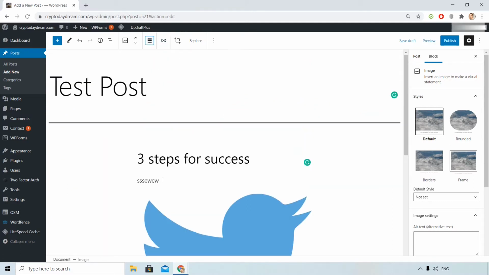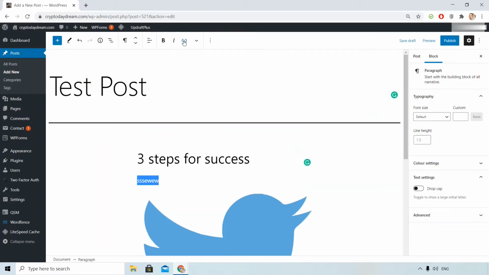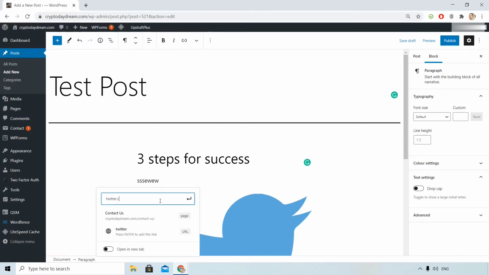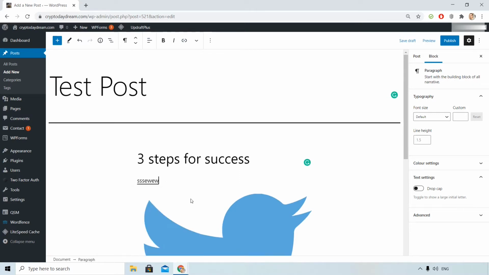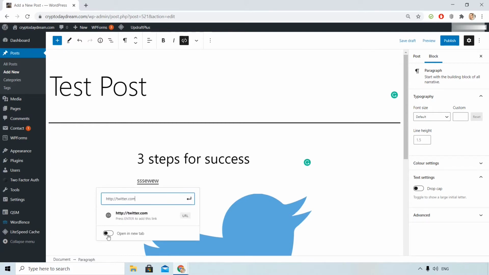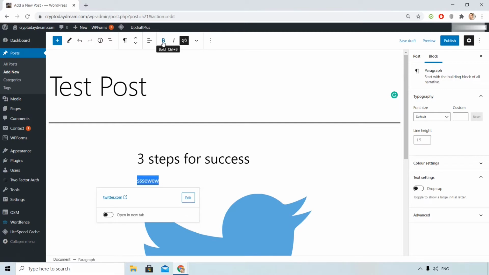I can even add the link to words if I just want my affiliate link, for example. I can choose if I want to redirect to a new tab. Here up right I can choose if I want to bold the text.